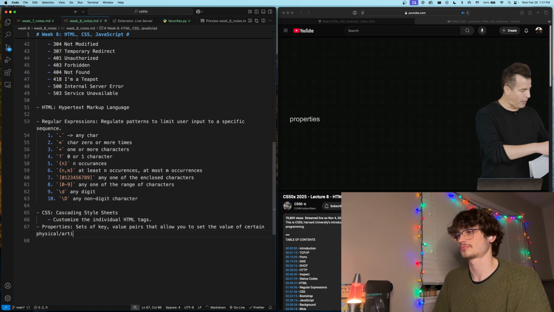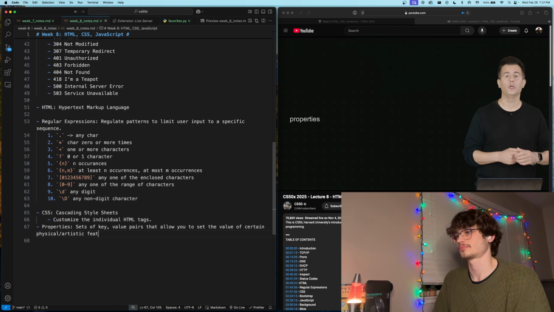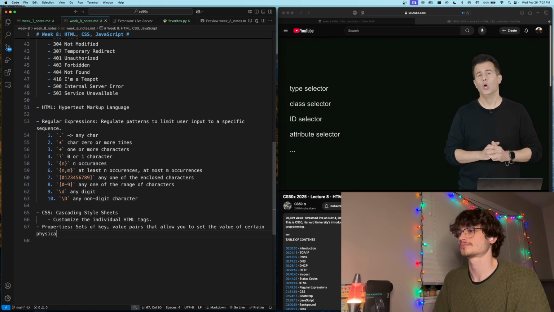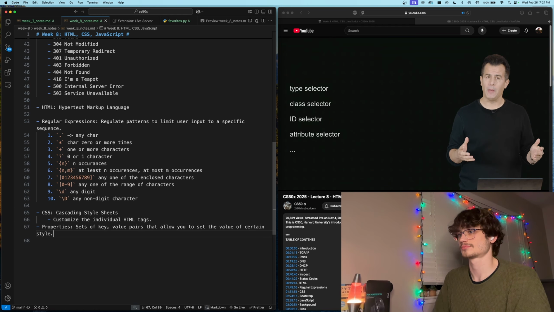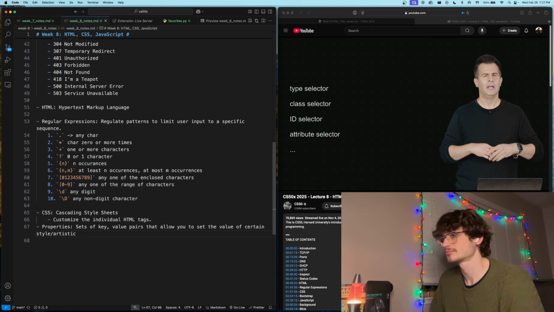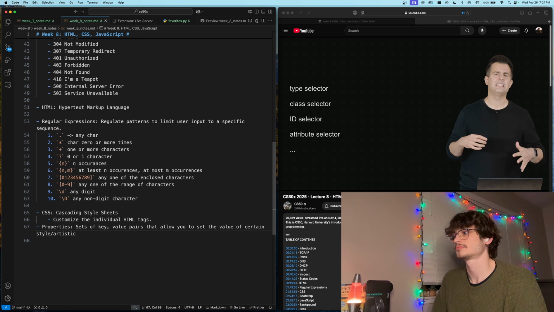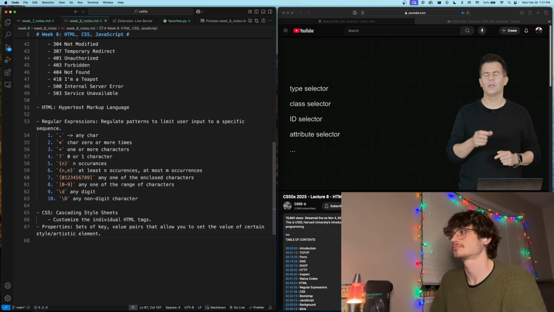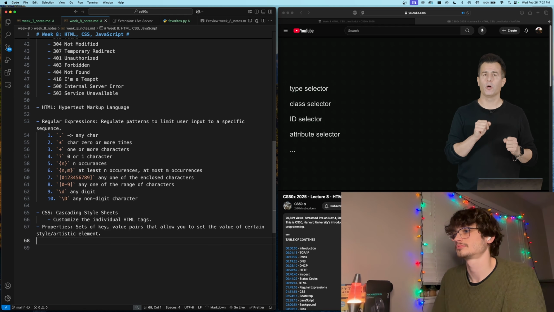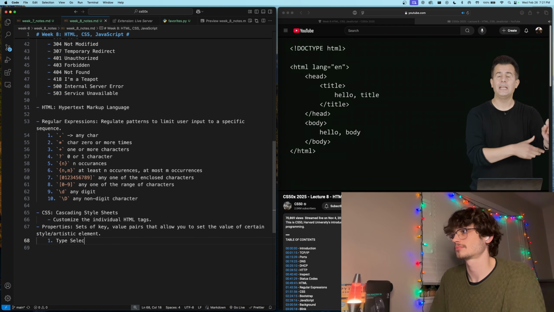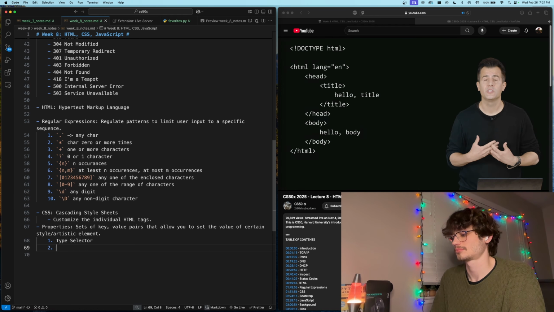Now, where can you go about using properties, and how can you go about using them? Well, it turns out there's going to be different ways of applying properties to elements inside of a web page. And you're going to have to specify as the developer how to select those elements. And with the wave of a hand, let me describe there as being type selectors, class selectors, ID selectors, and attribute selectors, some of which we will see over time. And all this means is that we're going to use slightly different syntax when we want to refer to different parts of a web page. To do that, though, we're going to need to tell the browser that we want to include some CSS in